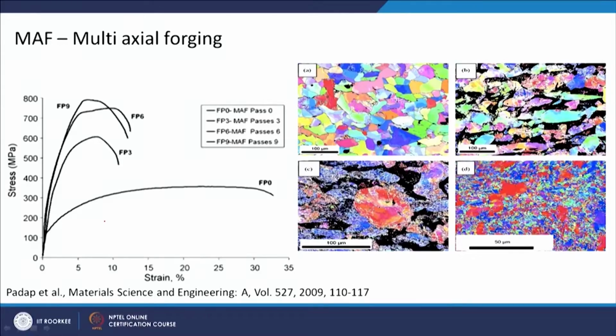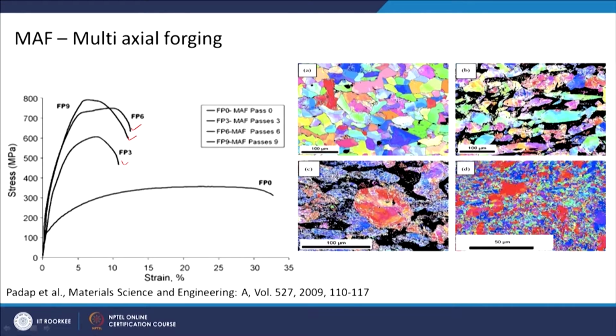Okay. So, as you can see here, this is the original material, it has this strength, around 300 megapascal UTS, and ductility of about, you can say, 32%. Okay. So, this is after 3 passes, means 3 stages as we have just seen. Then this is after 6 passes and this is after 9 passes. So, you can see the effect of passes, means the effect of strain, in increasing the strength of the material. And also these are the microstructures at different stages.